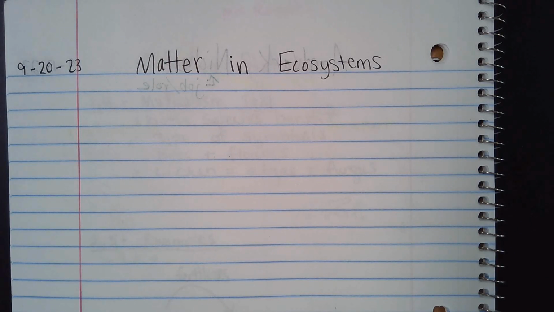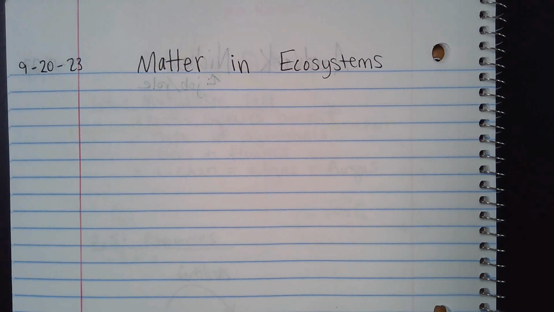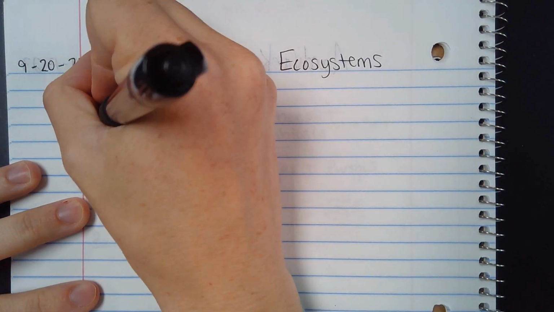And this has to do with your animal research or your animal project that you're doing, because one of the things you need to do for that project is explain how does your animal fit into the matter cycles of its ecosystem. And so for us to understand that, we need to know what is matter and how does matter move in ecosystems. So matter